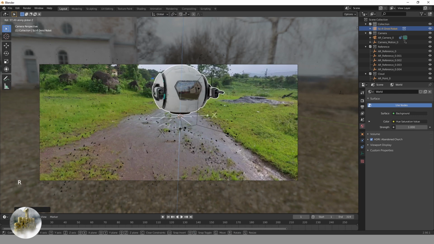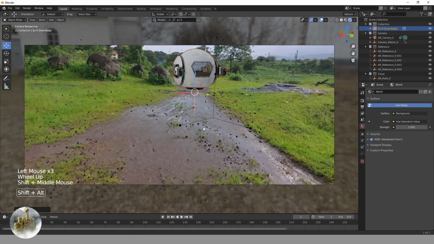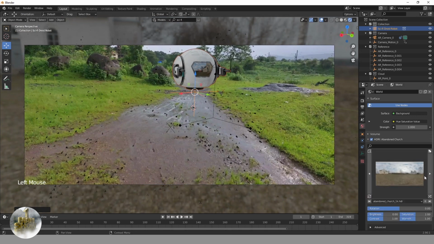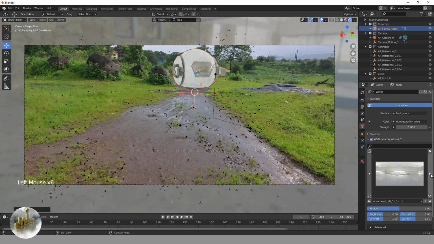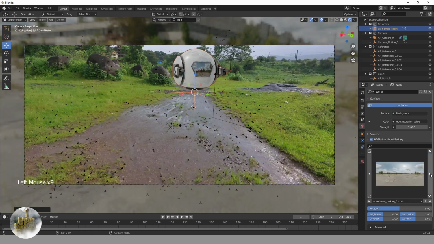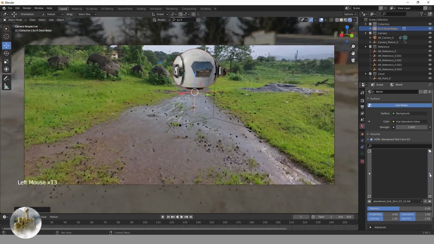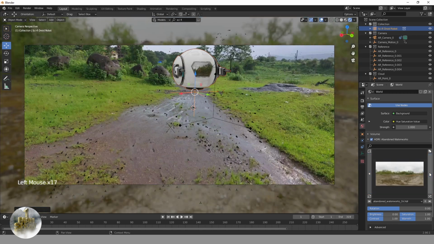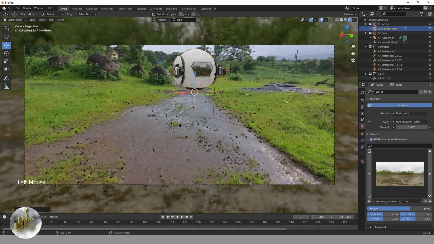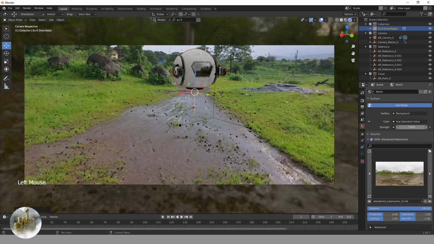I chose the HDRI which is close to the environment in the footage. So this one was close to the environment of the footage. And I also played with the rotation to get the proper lighting on our model.